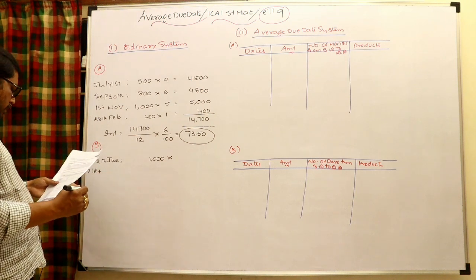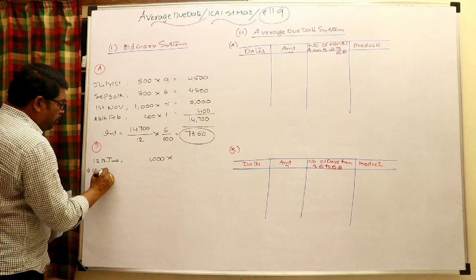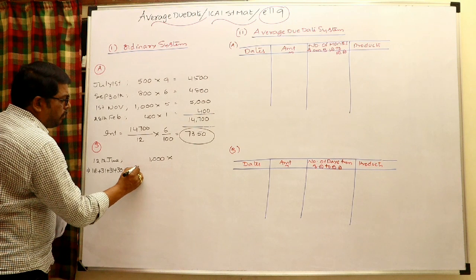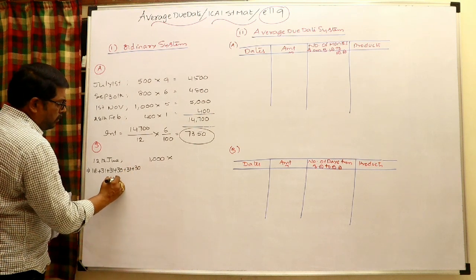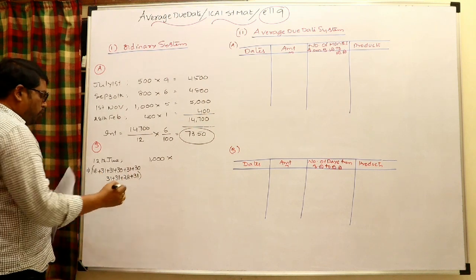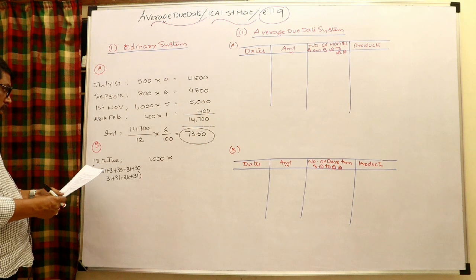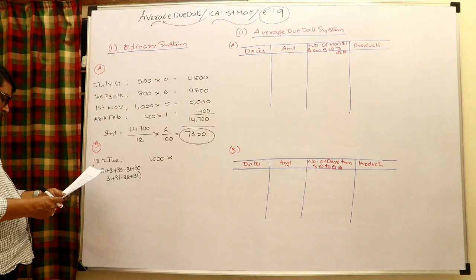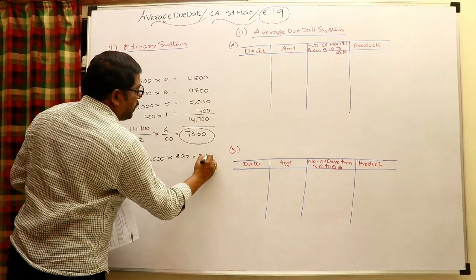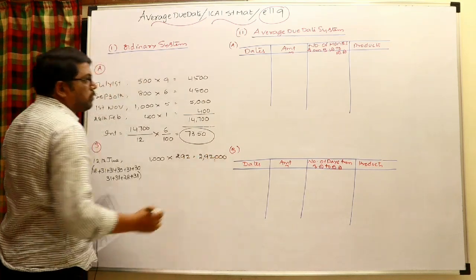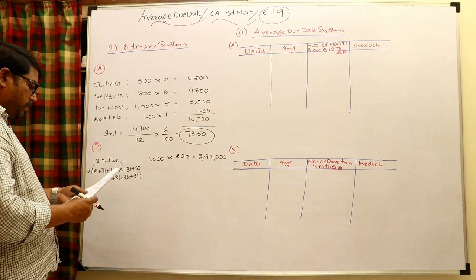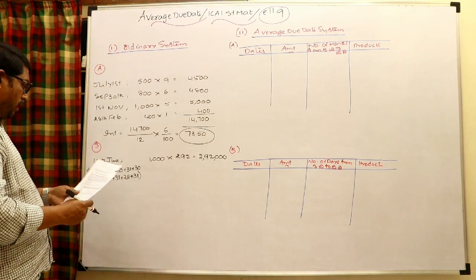Okay, till March 31st you have to go. June, July, August, September, October, November, December, January, February, March 31. If you go for the total number of days all together, of course the number of days will come here 292 days. You will get the product 2,92,000. Similarly, another drawing is made by B, 500 rupees on 11th August.